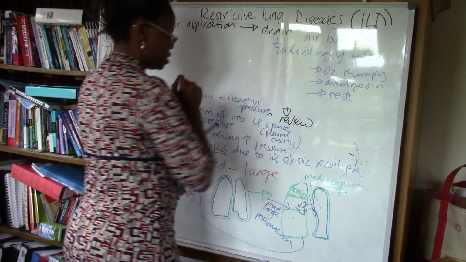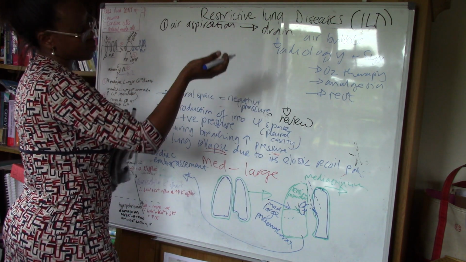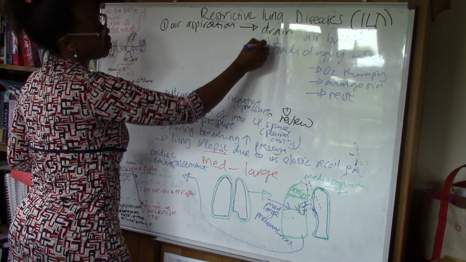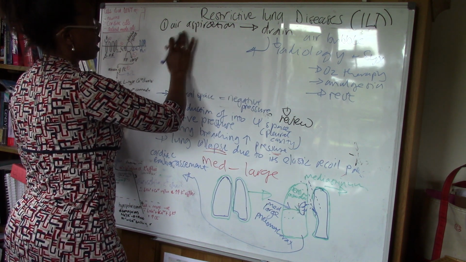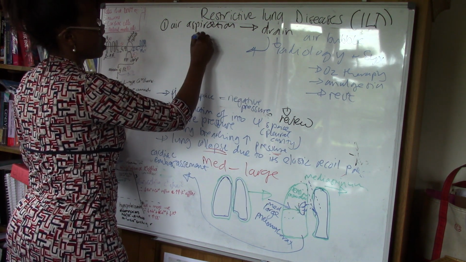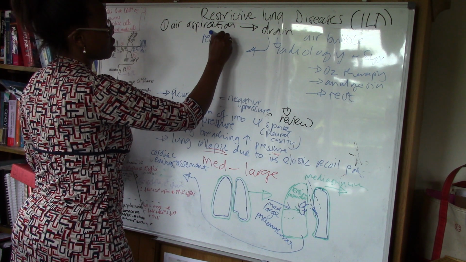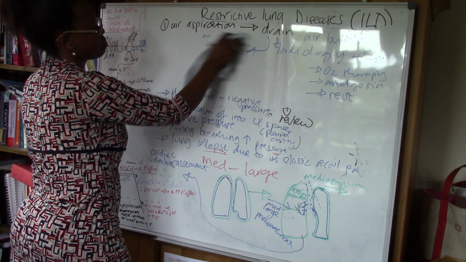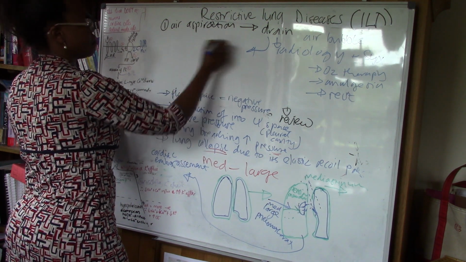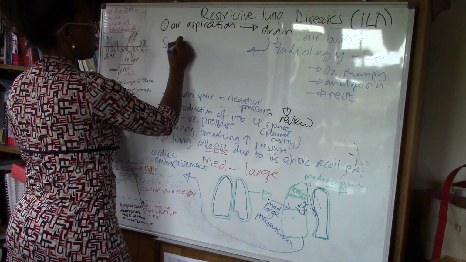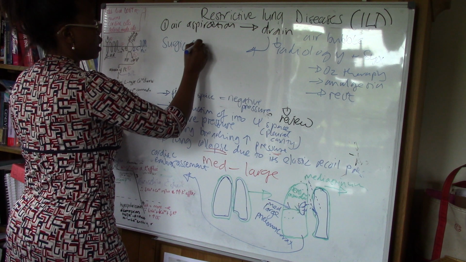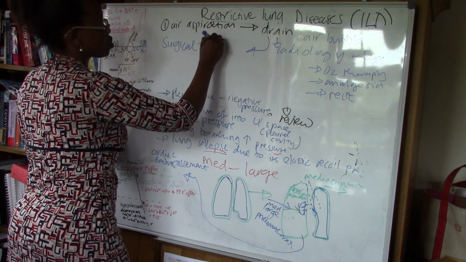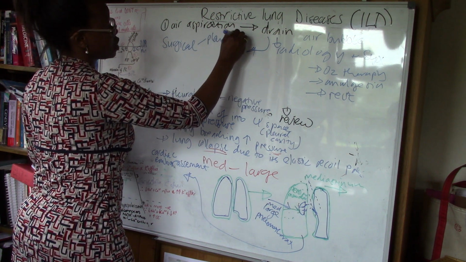But if it goes away, resolves for a bit, but then reoccurs, then if there's a relapse, the treatment becomes surgical, and you can either do a pleurectomy, just removing